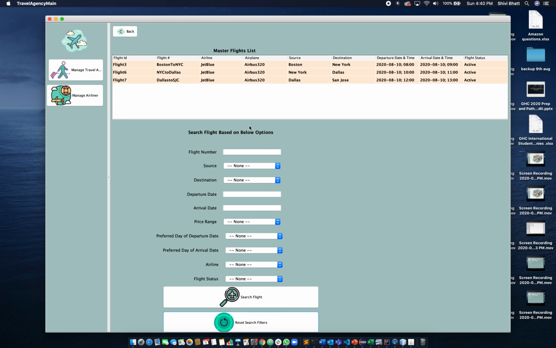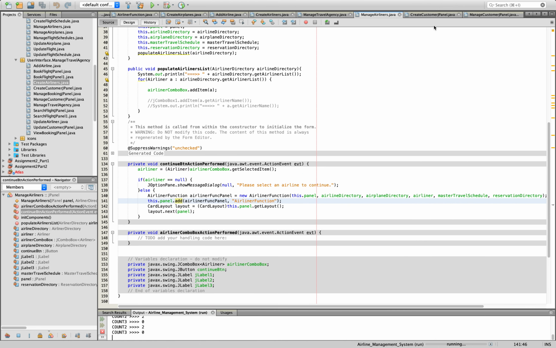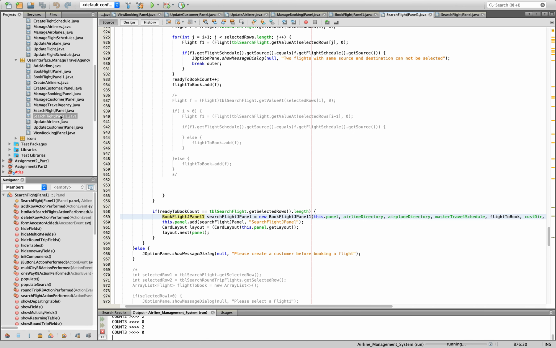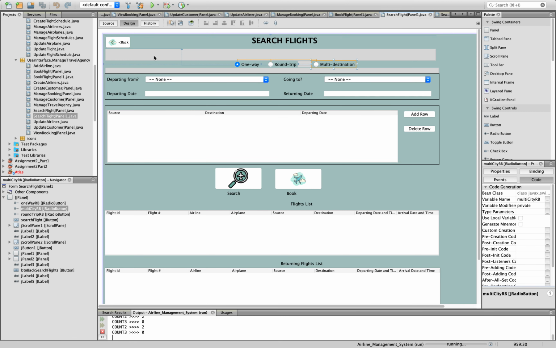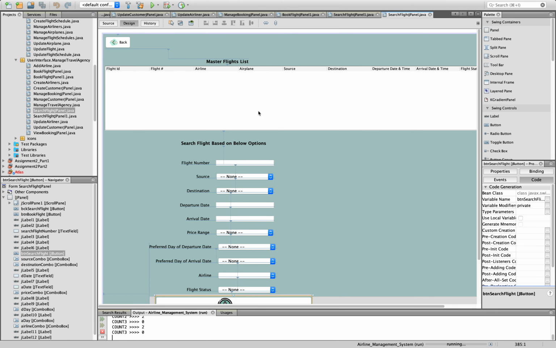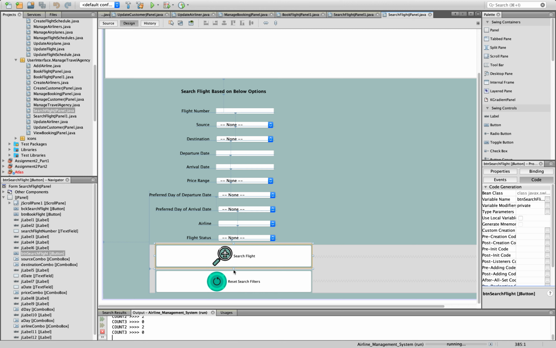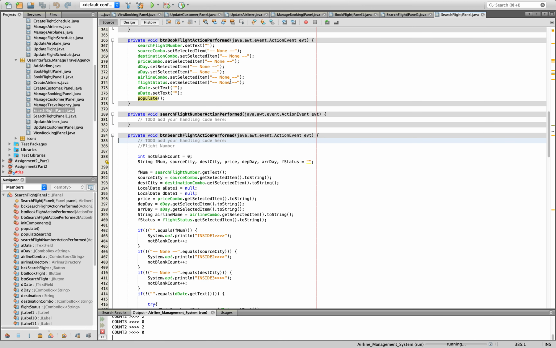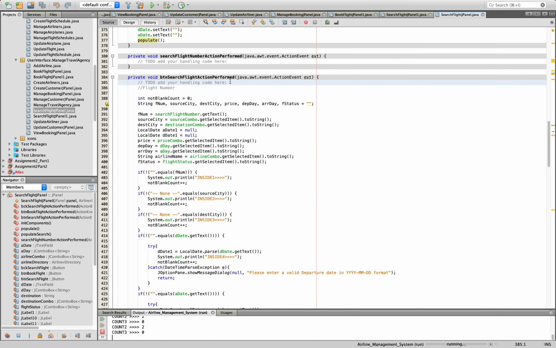So let me show you how this is working. I'll go to search flight. Let me show you the front panel. Alright, this was not the one. This is the master flight schedule. Yeah, master flight. When I click on search flight, it goes here and it searches based on the filters which